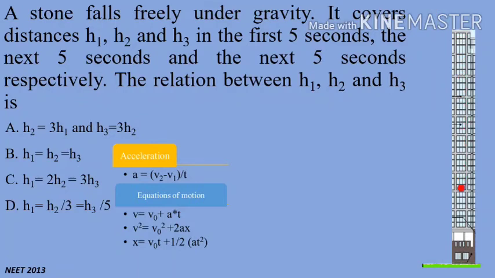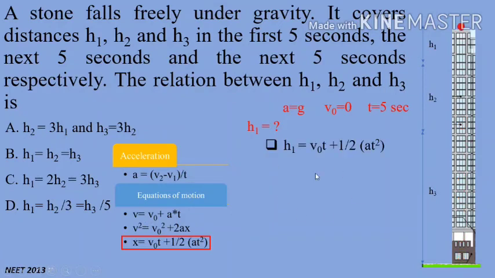Here we can see in the animation. So h1 is smaller than h2 and h2 is smaller than h3 because speed is increasing. Here what we know is acceleration due to gravity will be equal to g, that is not given. Initial velocity is 0 and time for initial 5 seconds will be 5 seconds. So we can find out h1 by using third equation of motion.